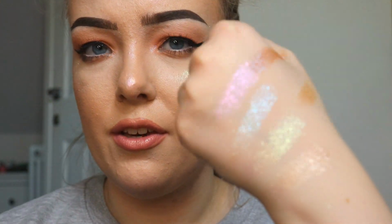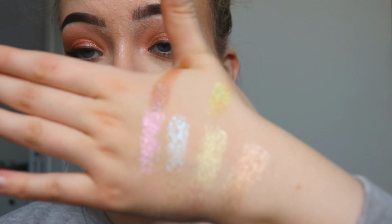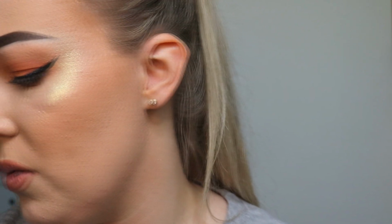If you want a more glittery highlight, I would definitely go for the Extreme Frost, but as you can see here, they're equally as blinding as each other. It just depends if you want a wearable shade. I'd say the most wearable one that I own is Diamond Wet, followed by Frozen Peach and Snow Globe. They're all light gold, but the only difference between them is, like